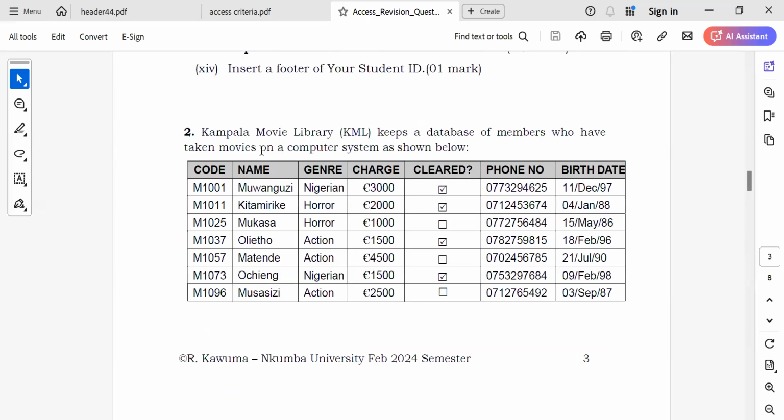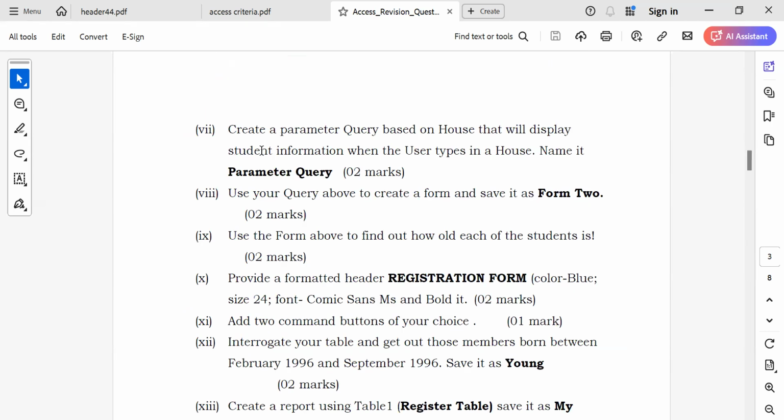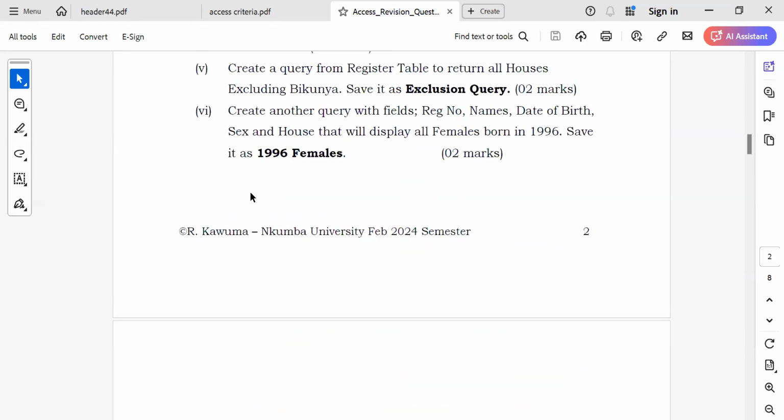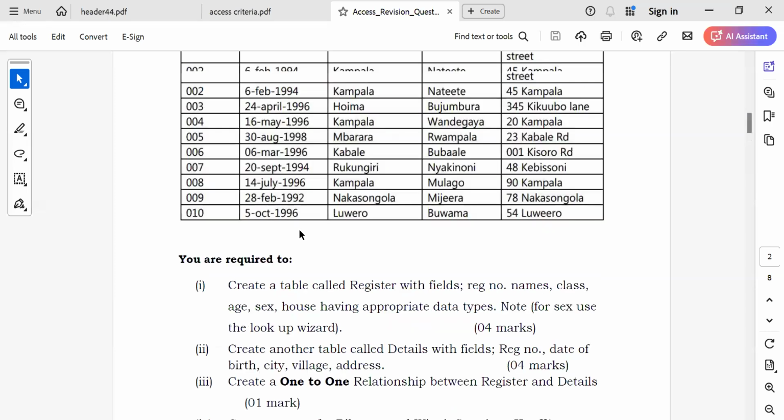Okay, we are dividing ourselves into 5 groups. Automatically group 1 is going to take question 1, group 2 will take question 2, group 3 will take question 3, and then group 4 and group 5. Each group is going to do a number, and this is going to be